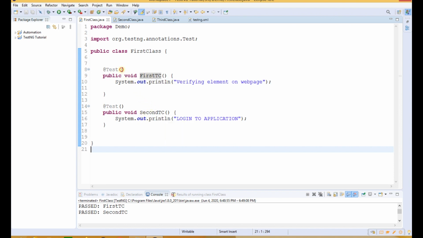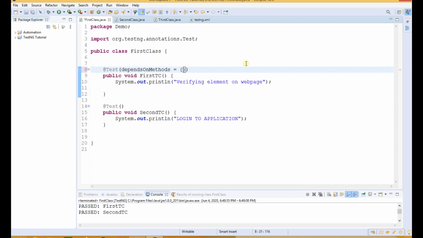So in the test annotation, the helper attribute is dependsOnMethods equals to, in curly brackets and in double quotes, we have to give the test case name. The first test case is dependent on the second test case, so we will give the name of the second test case in the arguments.